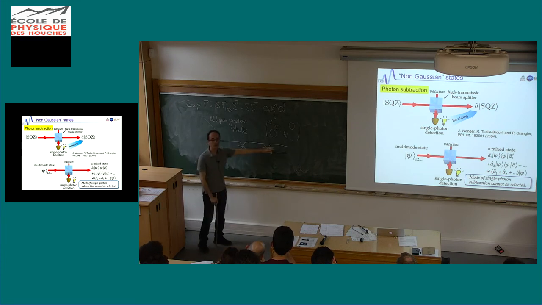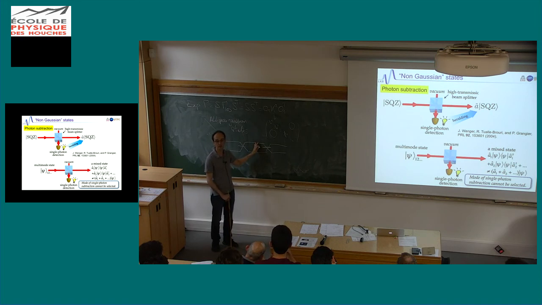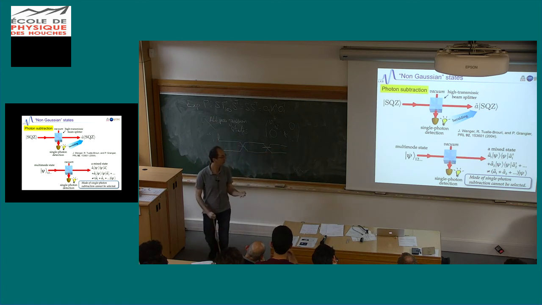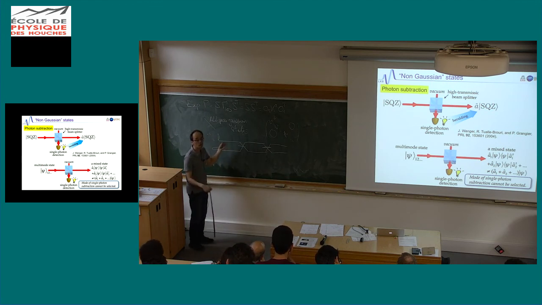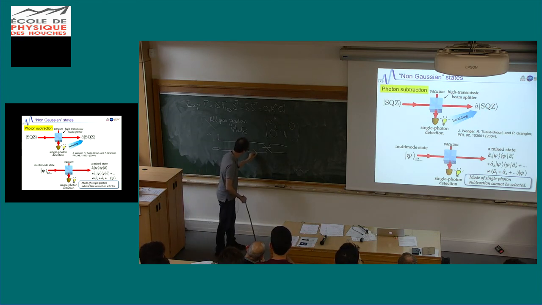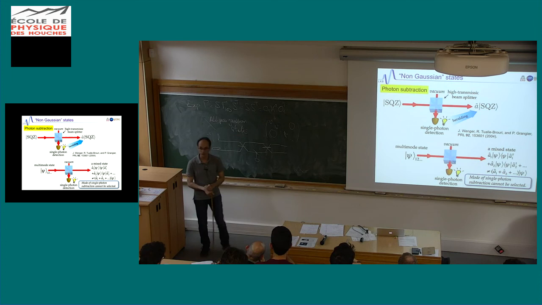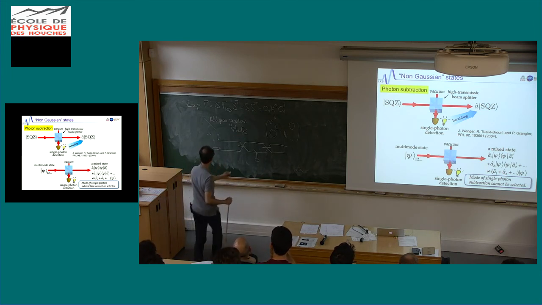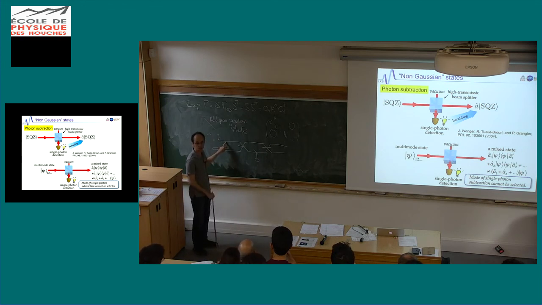So if you look at this Mach-Zehnder configuration we have seen this morning, here we have a squeezed state, here we have an entangled state, and here we have a back squeezed state. Okay, and so here you are not entangled. So the objective of what we want to do, but not only us, is, so this is a two-mode cluster state, to be able to remove photons either from a squeezed state, which is here, but maybe more interesting, from one of the entangled modes, so that you will change the Wigner function of your full state. Because if you act only on this one it will not be changed.